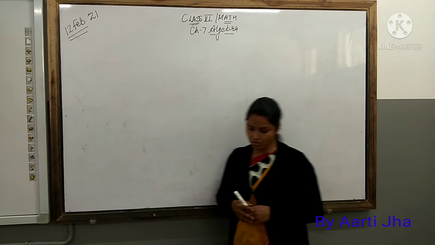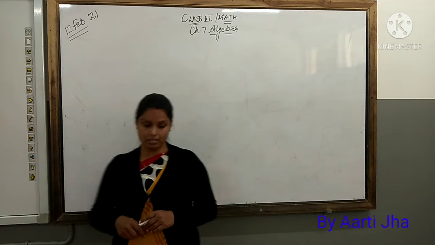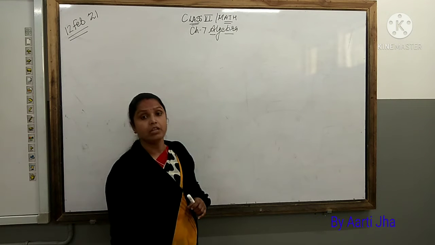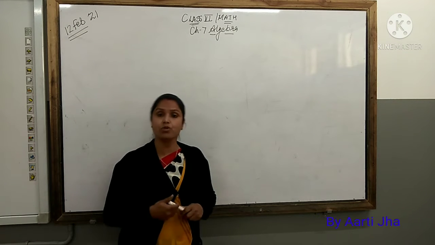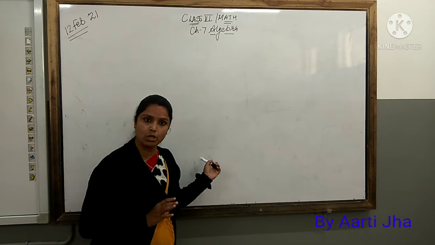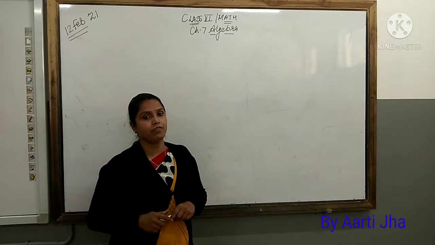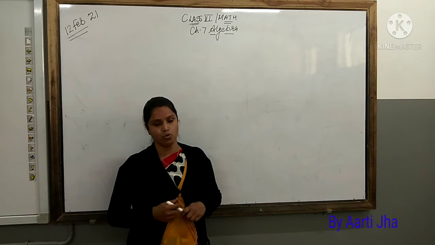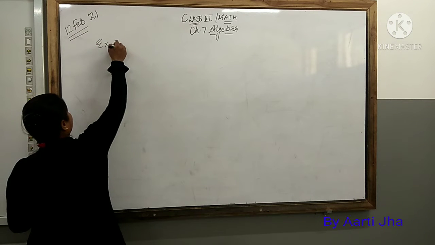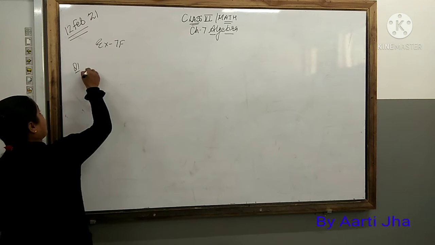So let's begin, children. The first question has 10 parts where they have given you the word statement. You will be solving for the variables. Okay, so I will be making the equation. The variable finding you are going to do on your own. Let's start. Question number 1 of exercise 7F is the A part.